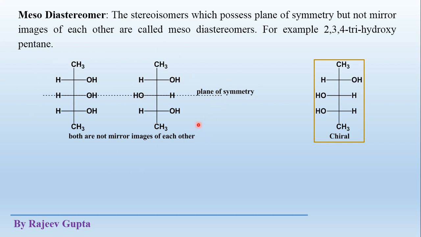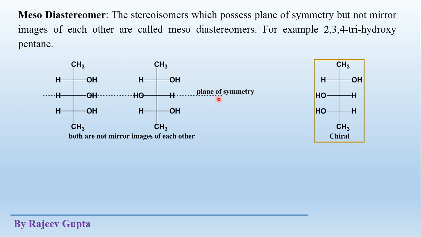Both are meso, and if we see the relation between these two compounds, then both are diastereomers, because they are not mirror images of each other. In a plane of symmetry, we apply a plane in the middle of a molecule and see the mirror images within a single molecule. But when we look at an enantiomeric or diastereomeric relation, we see mirror images between two molecules.